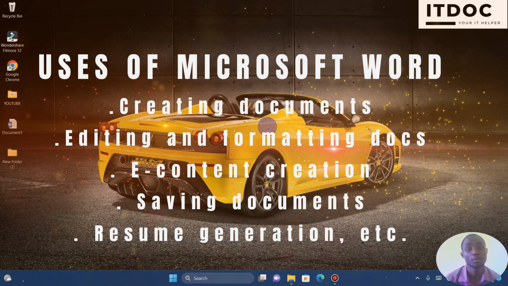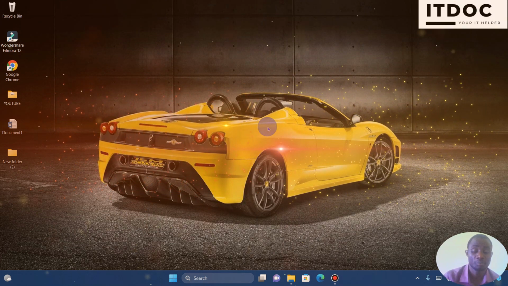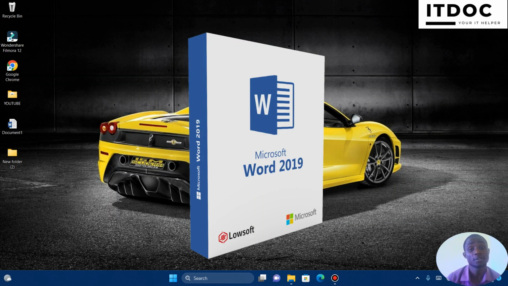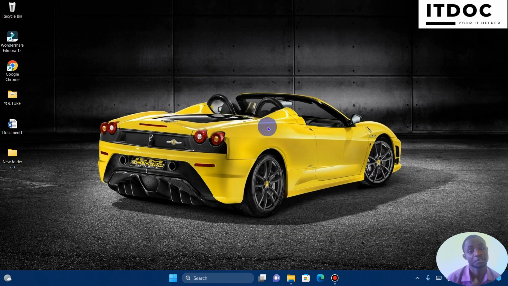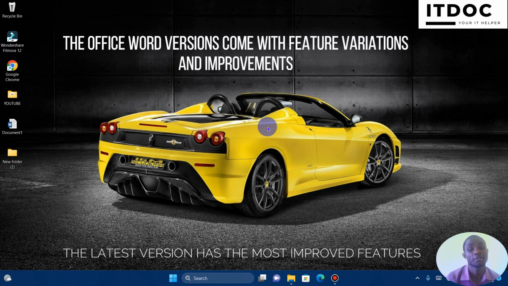And mine is already installed. I've installed Microsoft Office Word 2016. Remember, there are different versions to that. You might have another version installed. You have 2016, 2019, 2021. That's the latest I've ever used. Of course, there are other ones that came before. That's 2010 and among others. So we are going to use 2016 for now, and I have it installed, and we can start off right